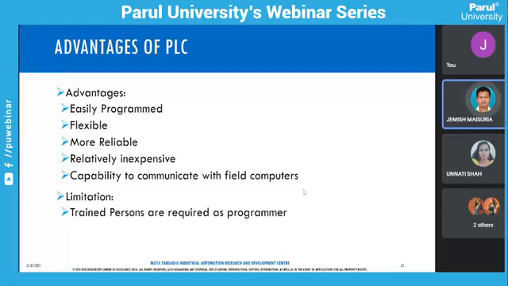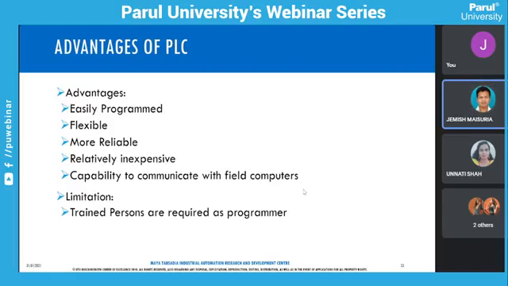It also has the capability to communicate with field computers, through an RJ45 or serial port. But one limitation is that a trained person is required to program PLCs.